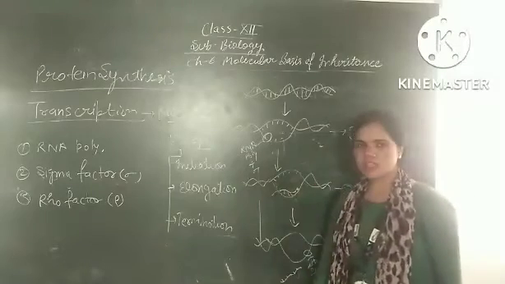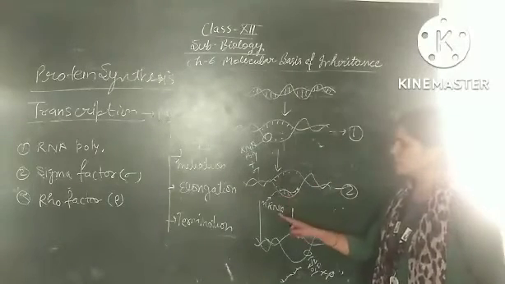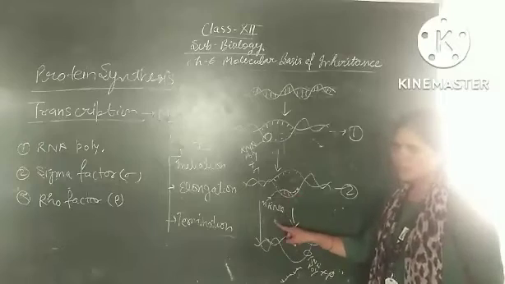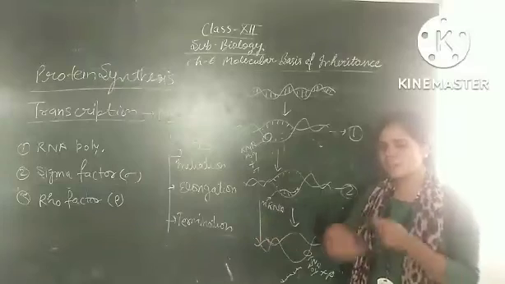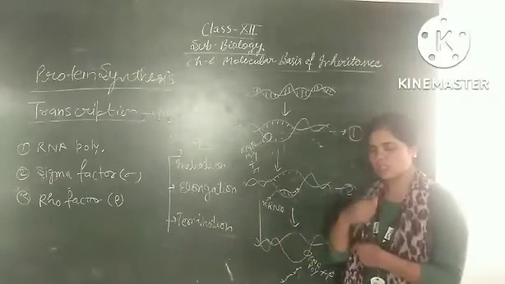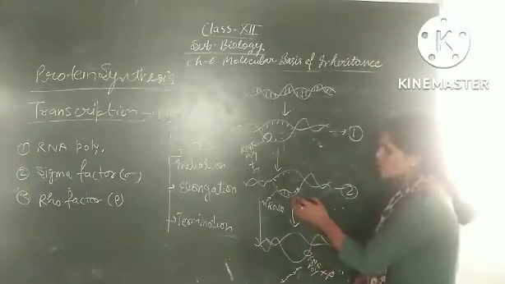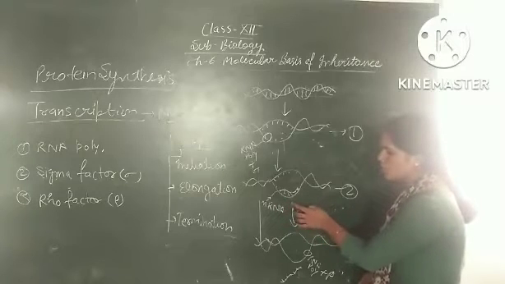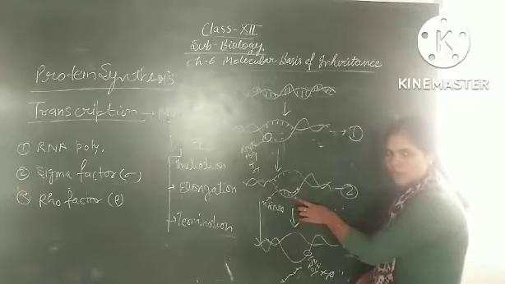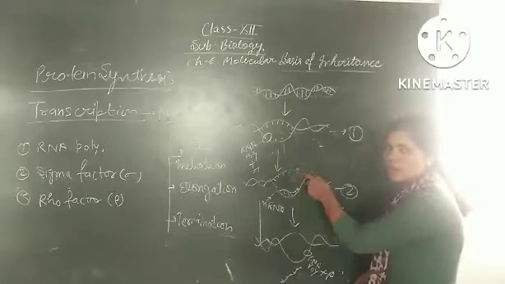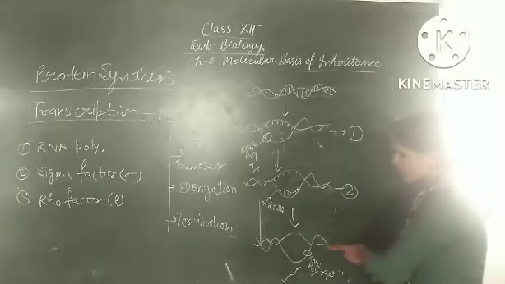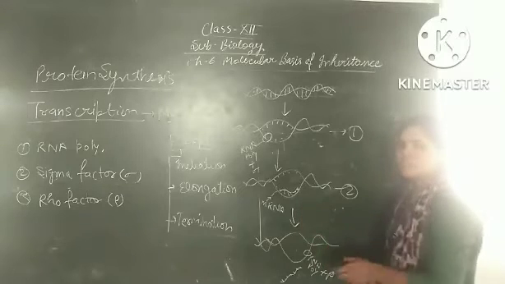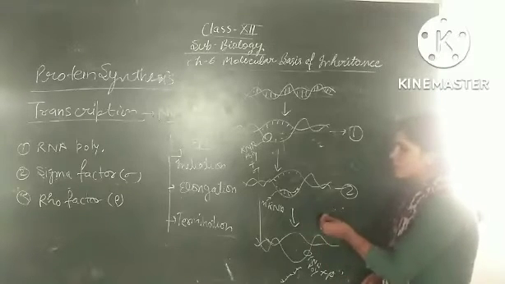In the second step, elongation, newly synthesized messenger RNA is secreted. So elongation is the process of the formation of messenger RNA by joining the nucleotides in a sequence. The strand on which the messenger RNA forms is known as the non-coding strand, and the other strand is called the coding strand. Third step is termination. In termination, the formation of messenger RNA stops.